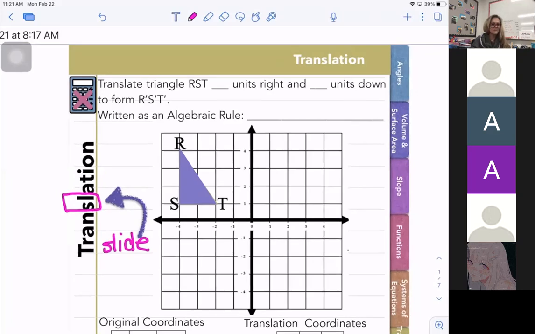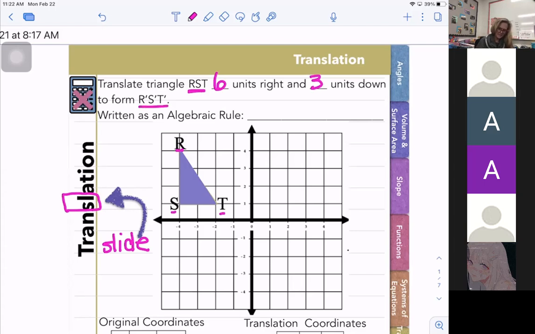Okay. All right. So I'm sliding it. My very first operation is I want to translate triangle RST. I'm going to translate it 6 units to the right and 3 units down to form,